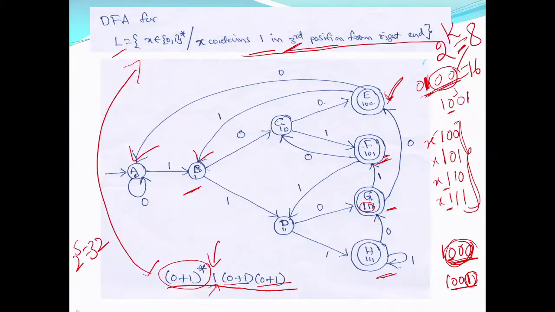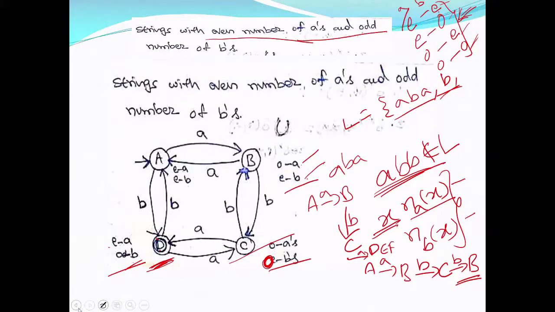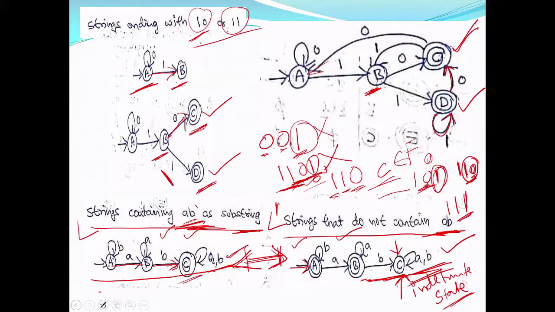For example, if you look at this, it is the same as saying the second symbol from the right end is 1. You see, whether it ends with 1, 0 or 1, 1, the second symbol from the right end is 1. This language and the language in which 1 appears in the second symbol from the right end are the same. So how many states do you require? 1, 2, 3, 4, 2 power 2. This is the minimum number you require. Less than this is not possible.